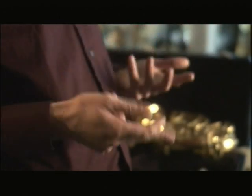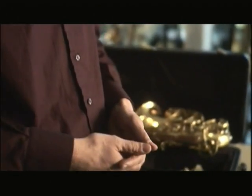Now the thing is, we're all born with the ability to breathe, but I can bet you anything that the average person doesn't breathe nearly well enough in order to sustain a good quality sound on a saxophone or another wind instrument, unless he or she properly practices that technique. The breathing aspect, as far as I'm concerned, is the single most important thing in sustaining a good quality sound